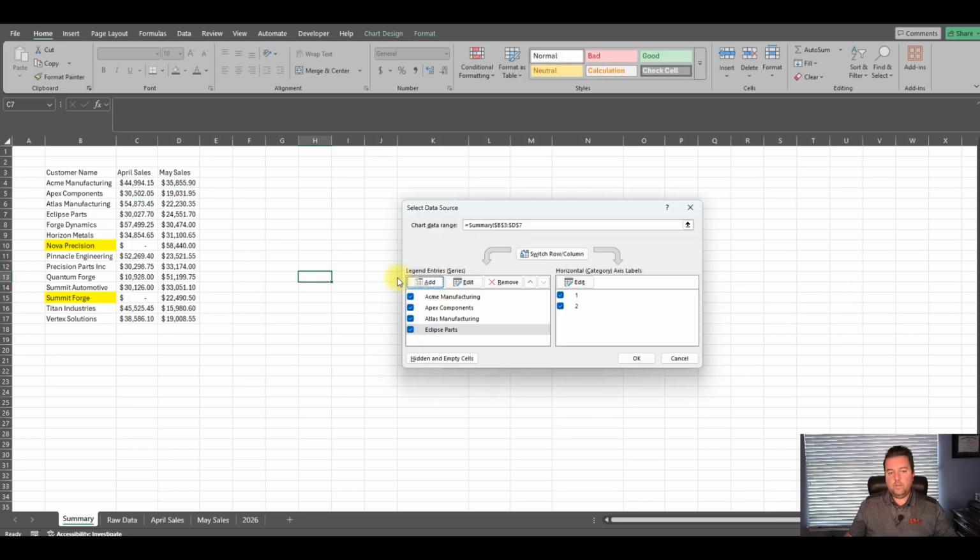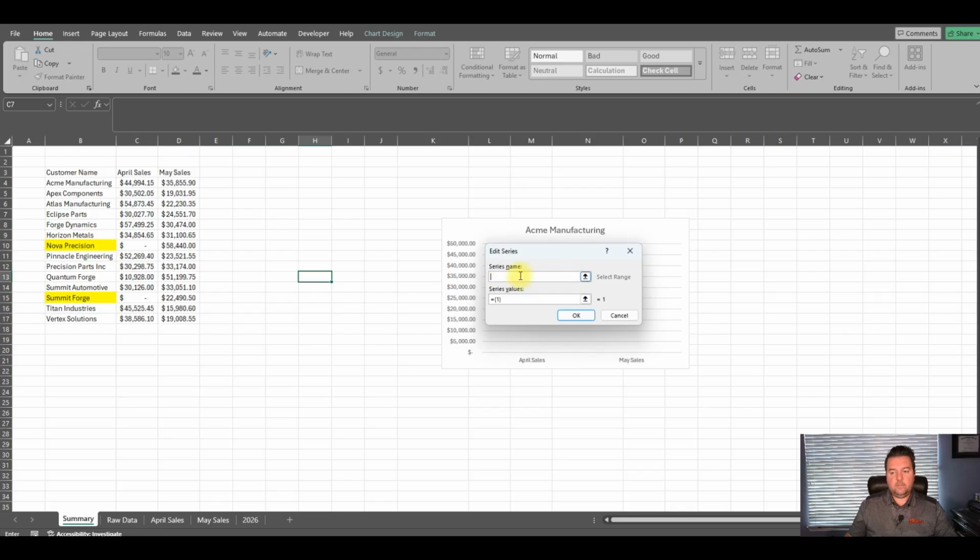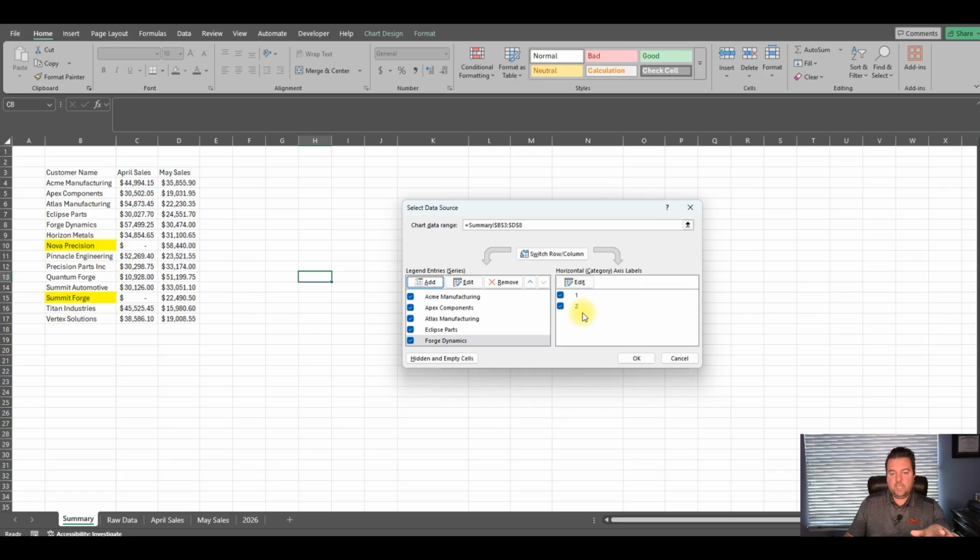Okay, so notice what I'm doing here again is I'm not typing in manually. I'm referencing the actual cell, and then I'm referencing the actual cells again, so that way if anything changes, the table will update because I didn't manually type anything in.